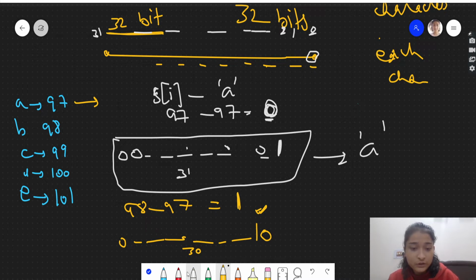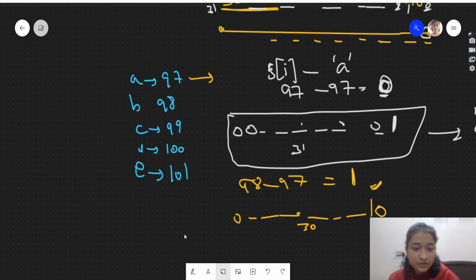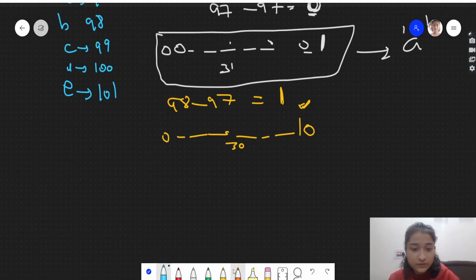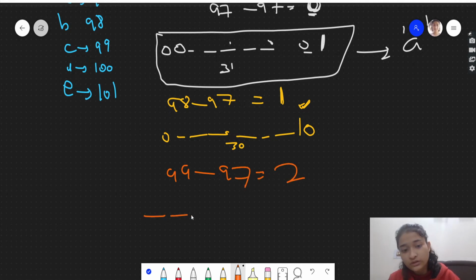Similarly for c, the ASCII value is 99 minus 97, which is 2. So there will be 29 zeros, and then 1, and then 0 0.